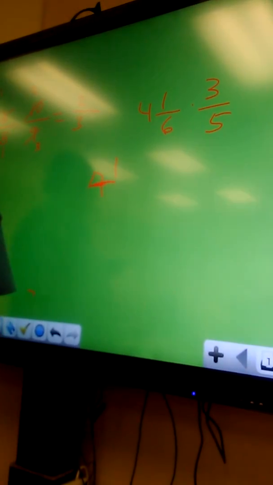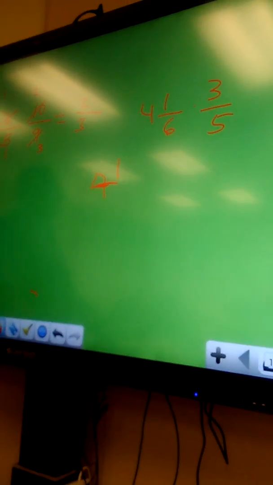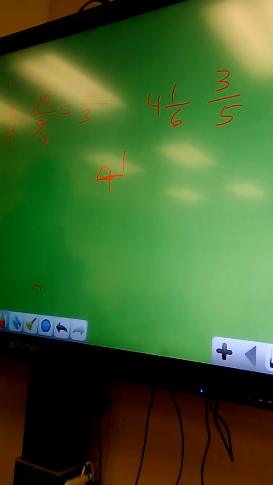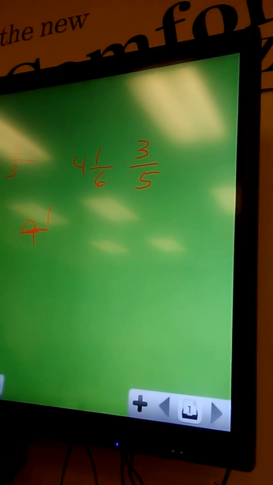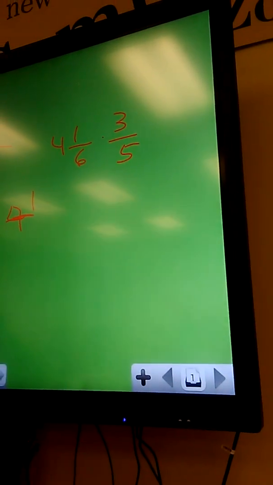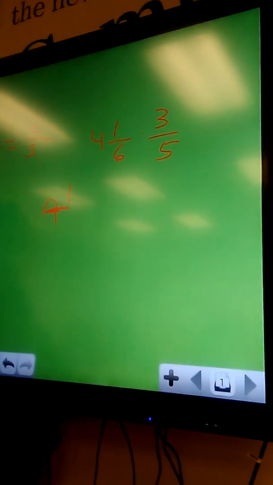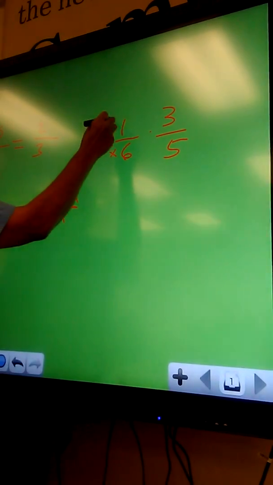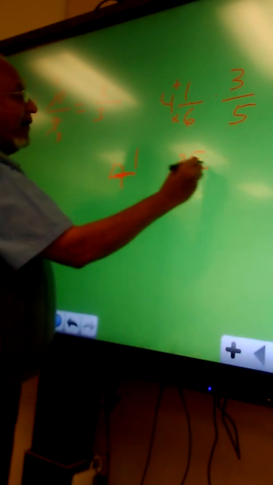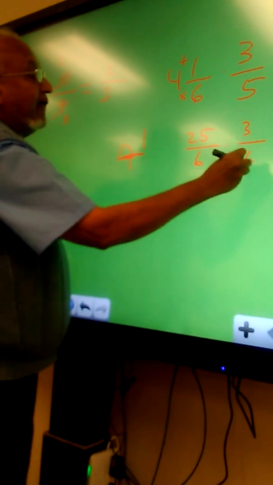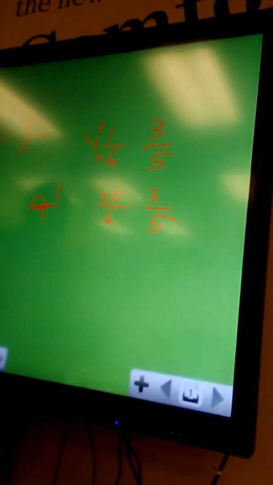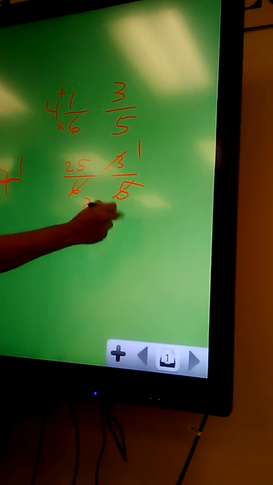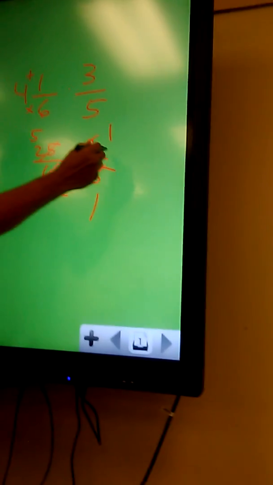And remember, I don't know how many million times I repeated it. You can never multiply or divide mixed numbers. You have to convert them into what? Very good, improper fraction. So first we do 6 times 4, 24, and 1 plus 5, 25. So it's 25/6 times 3/5. Now we can multiply. And 3 we cross reduce. 3 goes into 3 one time, into 6 two times. 5 goes into 25 five times, into 5 one time. And so the answer is 5/2,